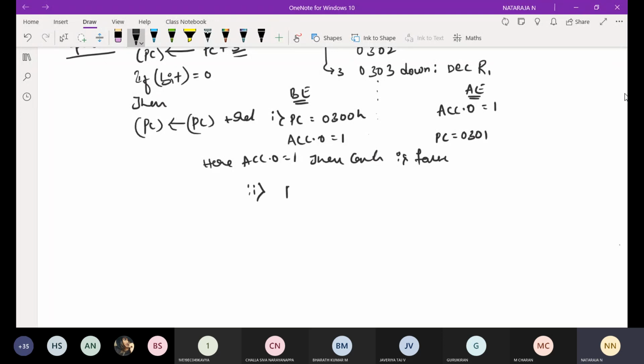Before execution, my program counter is the same, 0300H. If I take accumulator dot 0 is equal to 0, then after execution accumulator dot 0 is equal to 0, so what about the program counter? Make a note.